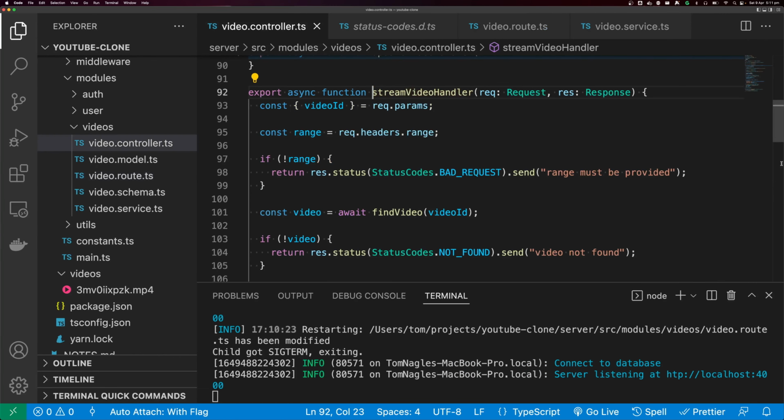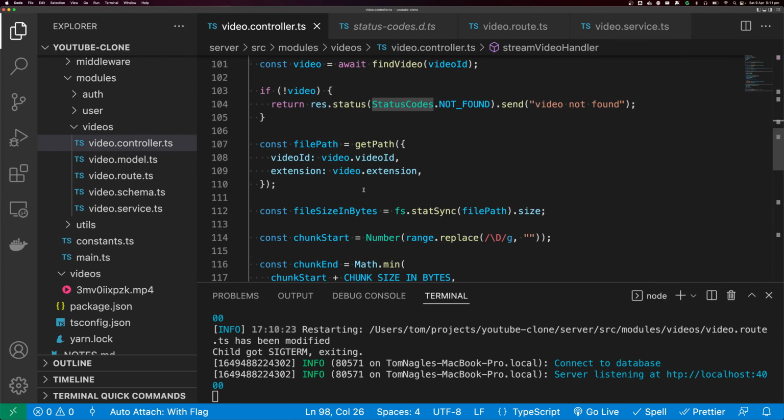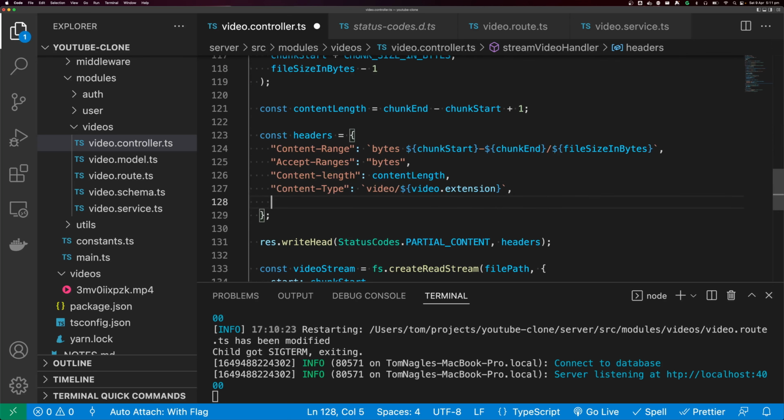If we go back into Stream Handler, there's another header that we need to set, and this header is going to be Cross-Origin-Resource-Policy, and we need to set this to cross-origin. The reason for this is because our server is going to be running on port 4000, where our UI is going to be running on port 3000. And so we're going to be streaming the video cross-origin, and the server needs to tell the browser that that's okay. So I'm going to add this header,